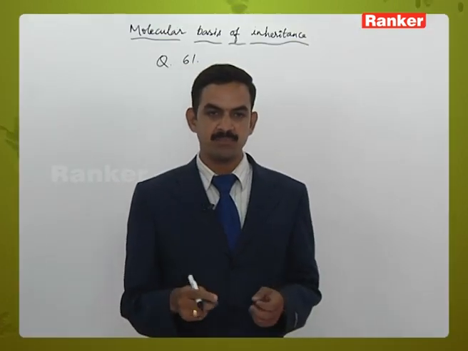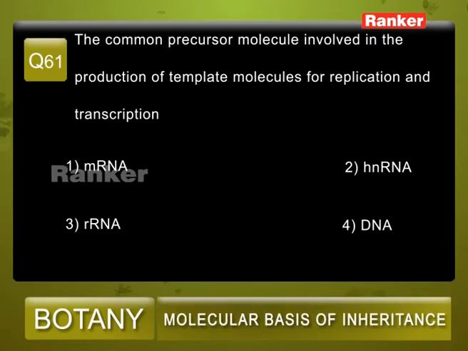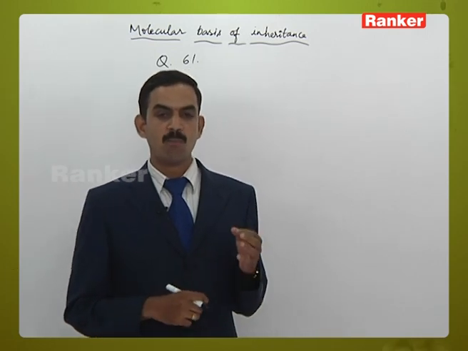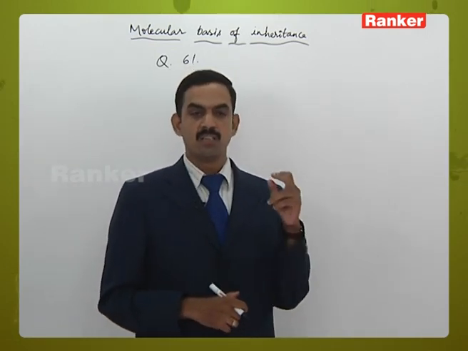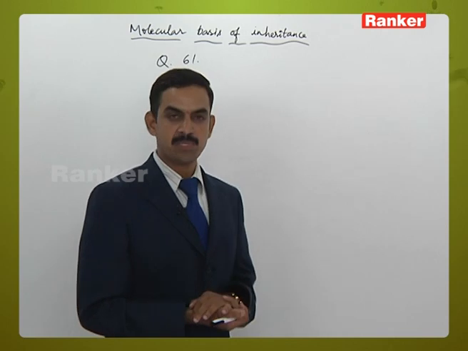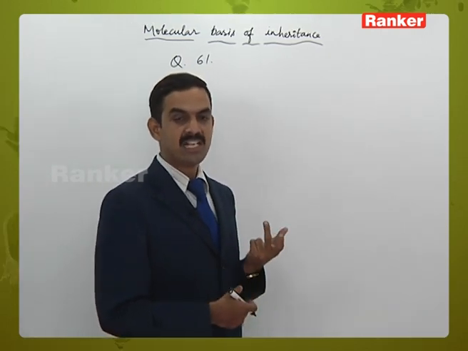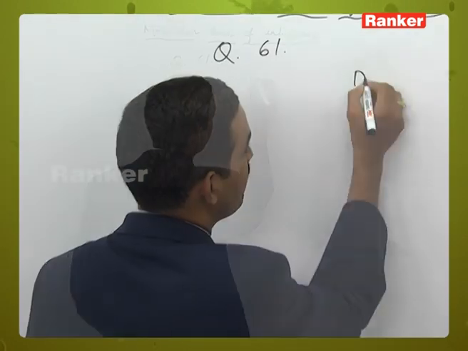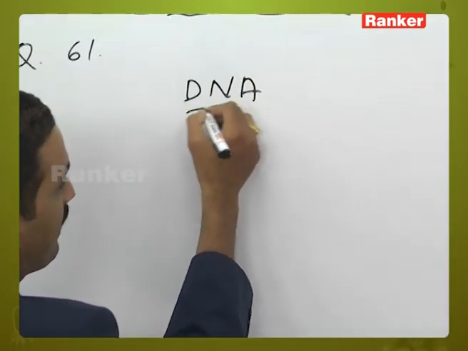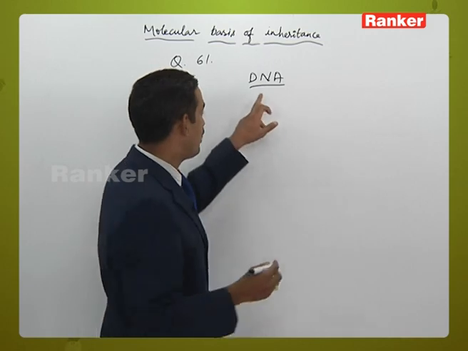Question number 61, the common precursor molecule involved in the production of template molecules for replication and transcription. Options: mRNA, heterogeneous nuclear RNA, rRNA and DNA molecules. So here the common precursor involved in replication and transcription, that is the template molecule they are asking about. Here template molecule is nothing but the one which is separated from the DNA molecule, and we know that in